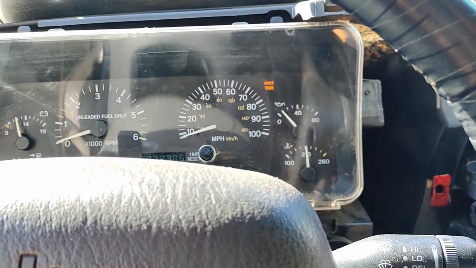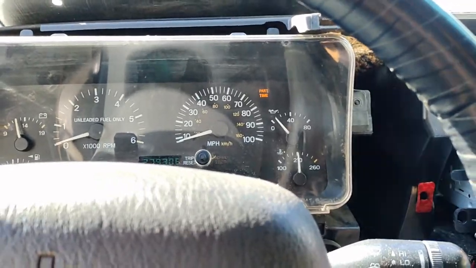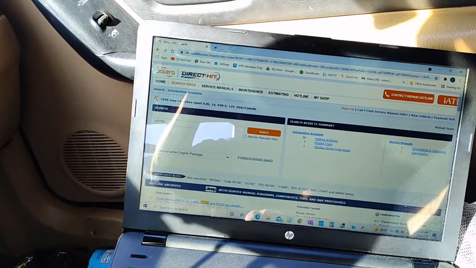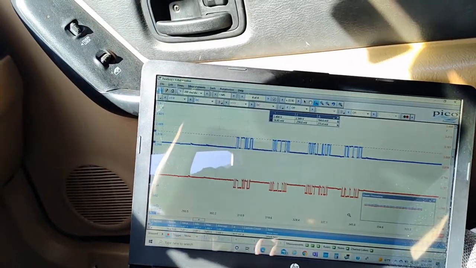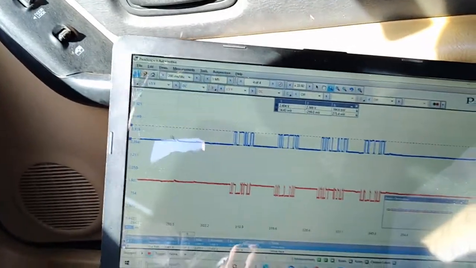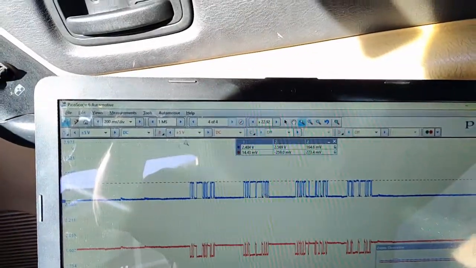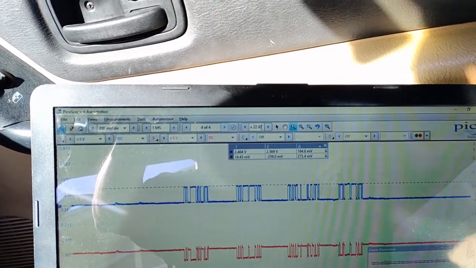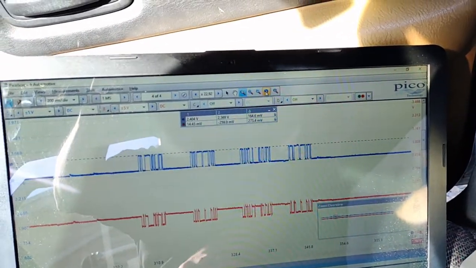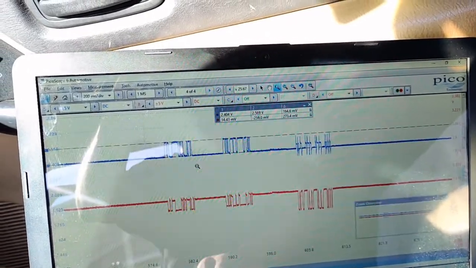So I went on the CCD network, which is pins 3 and 11, and I just wanted to see what we had, and this operates a little bit different from the CAN bus network. As you can see here, that's our waveform, and I'm just going to zoom out for you. Okay, and I'm going to zoom back in, and you can see we only have a differential of